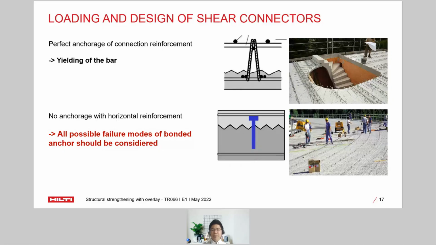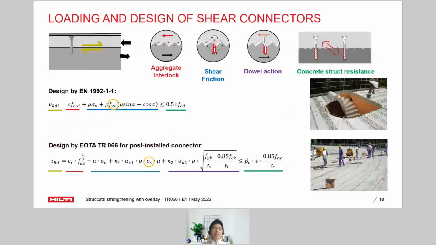Since the anchorage of the post-installed connector is completely different from the behavior assumed by the Eurocode 2 design, it is necessary to assess their effect by a design method that considers the real anchorage behavior. That's why we have the TR66 method. And that's why, unlike the EC2 method, we are not using the yield strength of the connector or the bar as the factor. We're rather using the steel stress of the relevant failure mode,